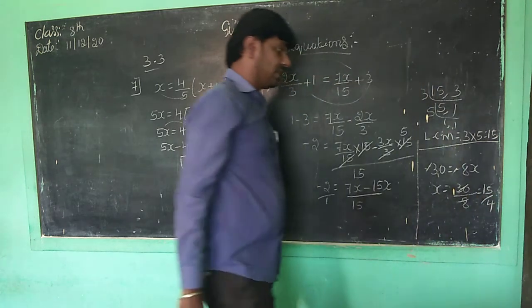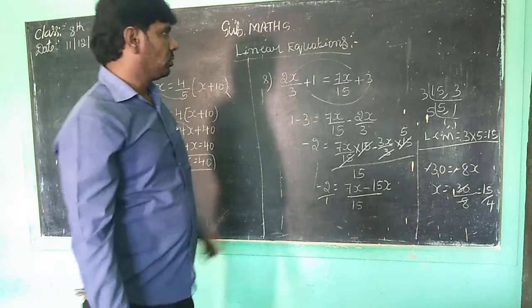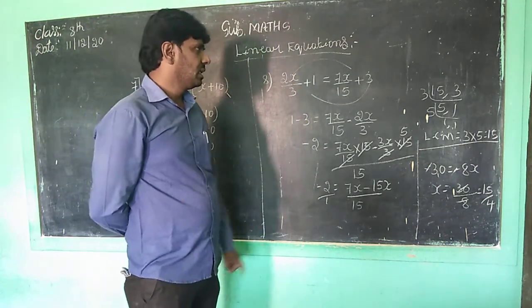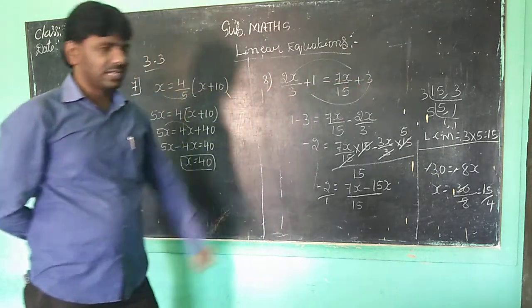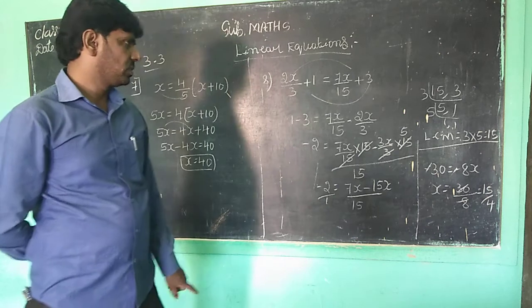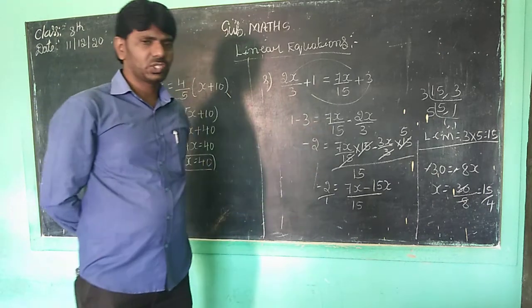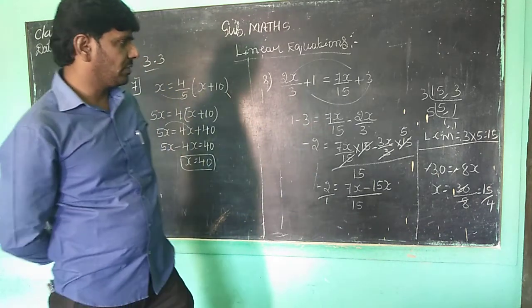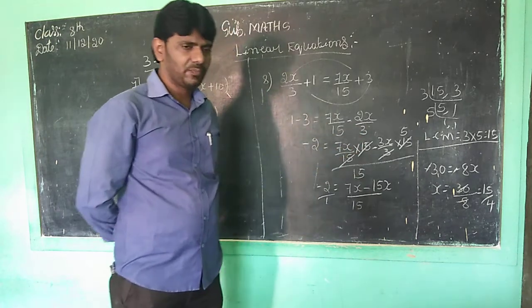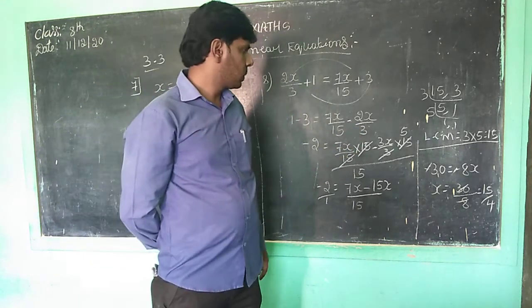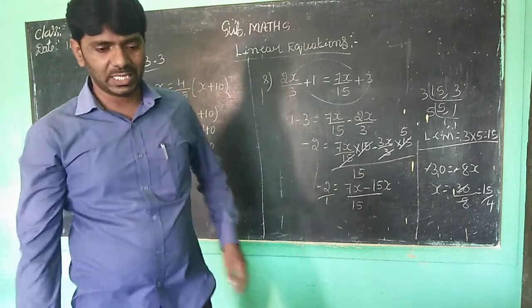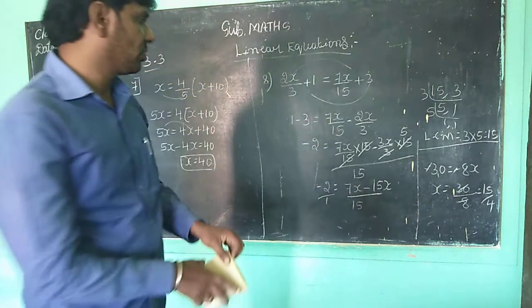See, children, once again I will explain this one. 2x by 3 plus 1 is equal to 7x by 15 plus 3. This 3 will transport into the left hand side. 2x by 3 will transport into the right hand side. 1 minus 3 is equal to minus 2. Children, now you want to take 15 and 3 LCM is 7x by 15 into 15 minus here 3x not 4x. Children, 1 minute here, then also little bit correction is there. 1 minute, children.